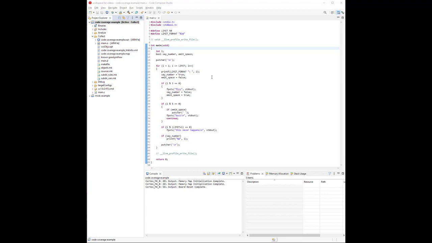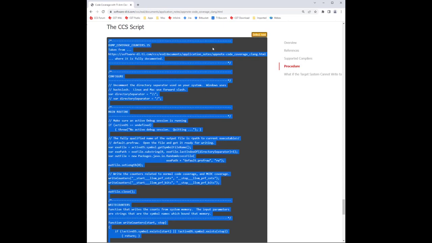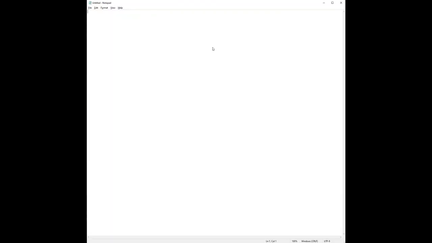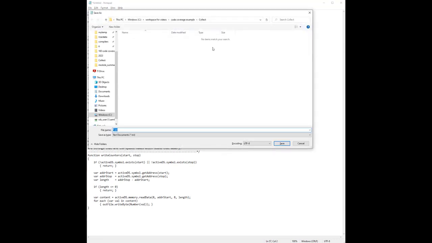The first thing we do is to copy the script from the web page, which I have open here. Conveniently enough, we're already on it. So the thing to do is select the text, and you can't see me do this next part, but I hit Control-C to copy all that text, and then I'm going to transfer control to Notepad, just the most simple text editor I have, and Control-V, and here it is, and then I enter Control-S to save the file.